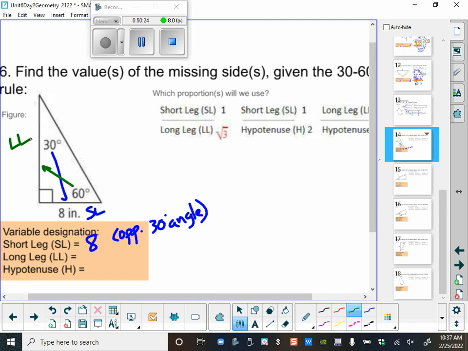No. So what can we identify for the long leg for now? X. Put that as an X. Or you could leave it LL. If you want to do it that way, that's fine too. I don't have a problem with either one. However,